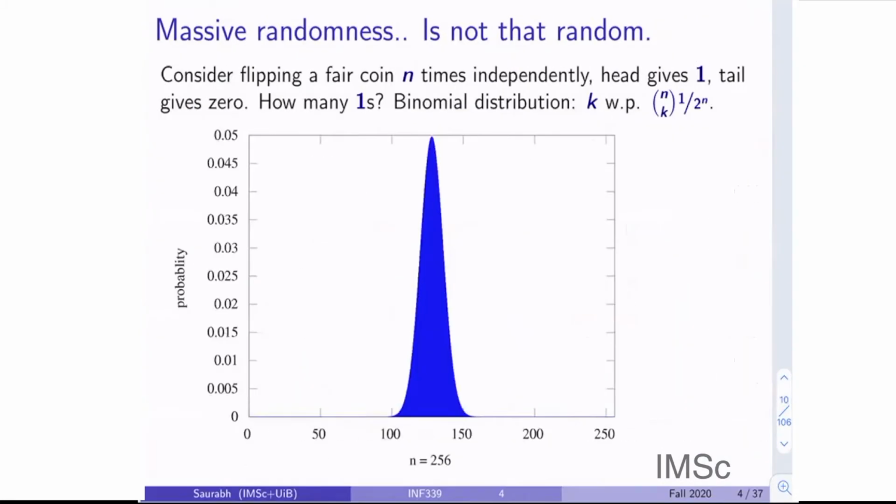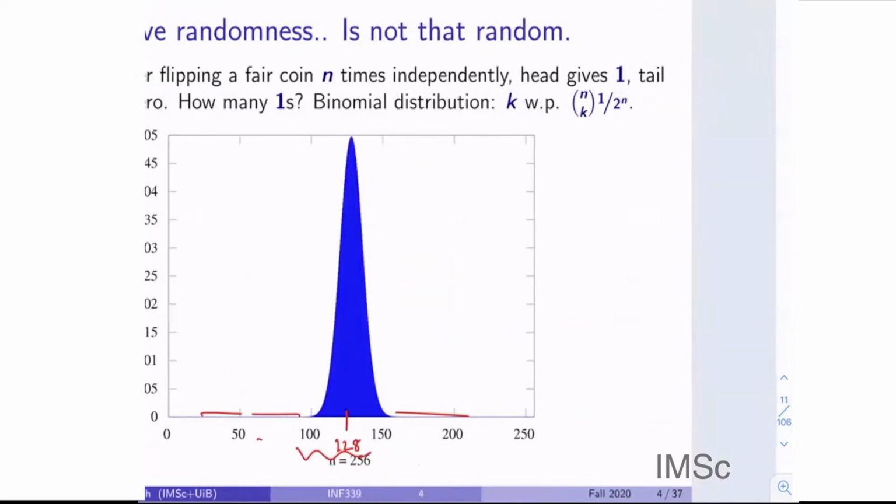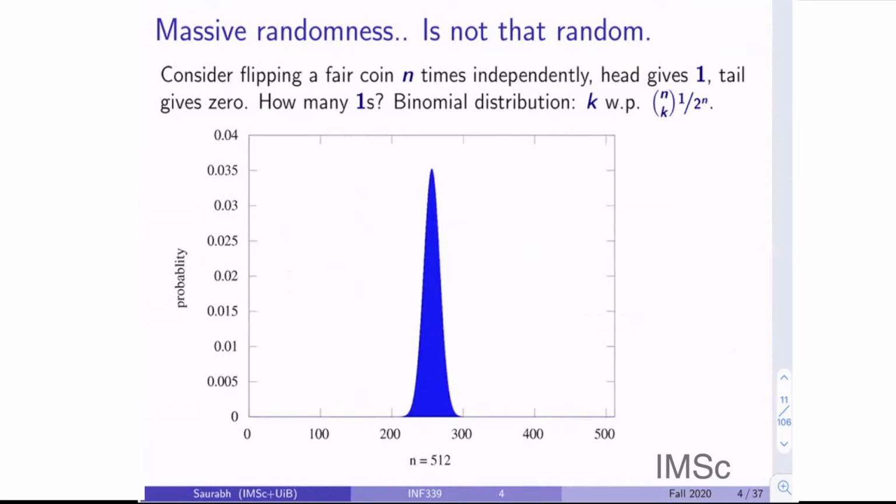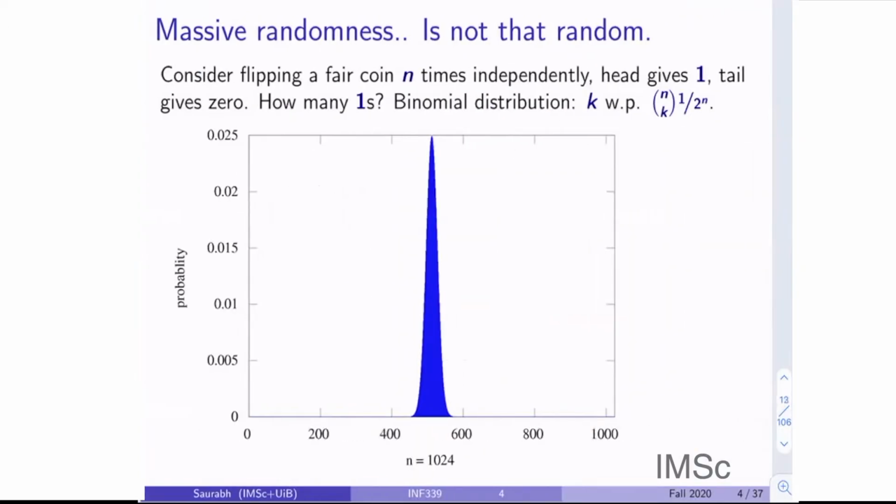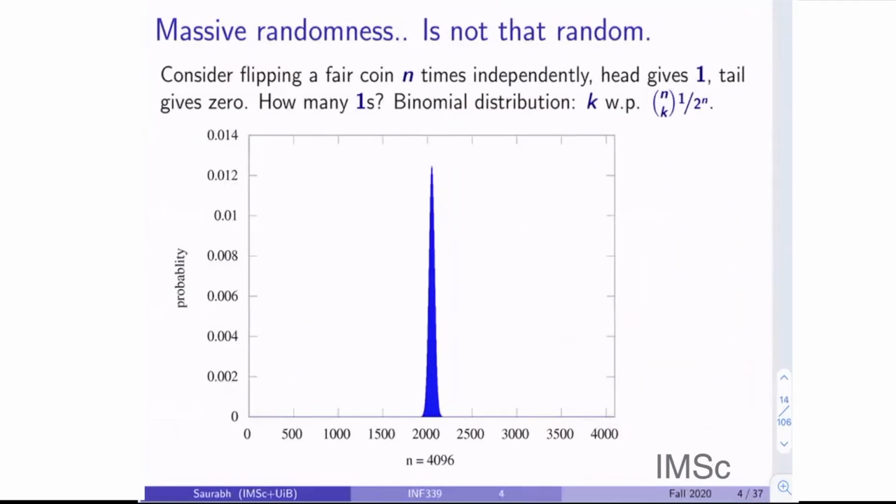Now we are doing 256 coins. Its median is 128. And I ask, how many heads are you going to see between 100 and 150? Look, it is almost close to 1. The probability of fewer than 100 or more than 150 heads is somewhere here, very close to 0 together. And the more we take, the more skewed this gets, and so on and so forth. This is just to give you an example.